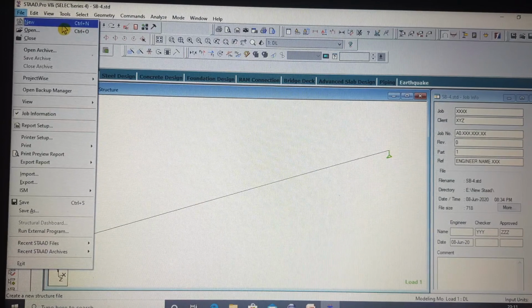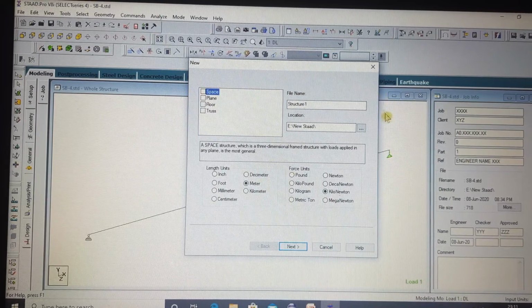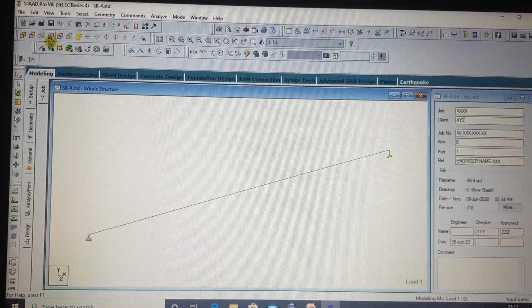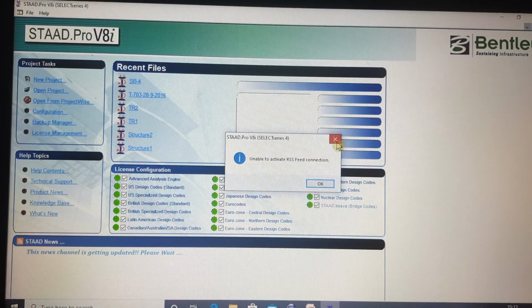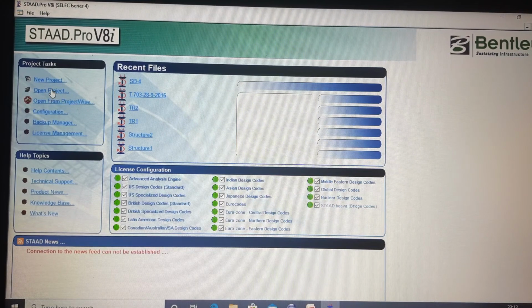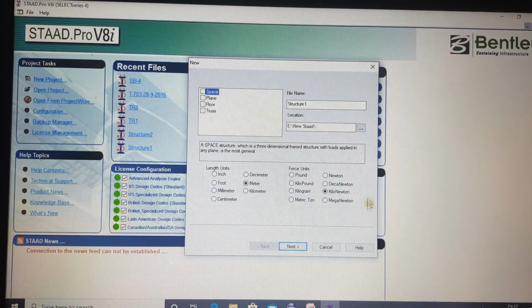The new button, if you click on the new button, what will happen? This is the same window as the file new button in your project taskbar. If you close this and go to the project taskbar and click on this new project button, the same window will appear.